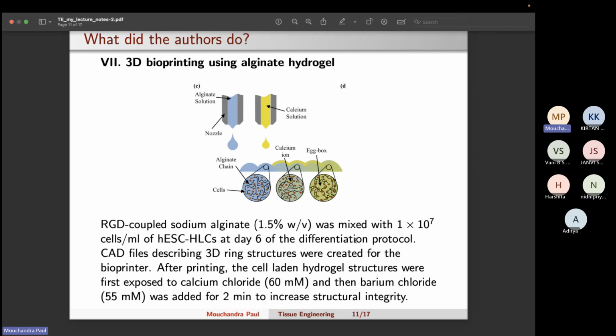That is our next topic actually. We will talk about that. So they have used this material, sodium alginate, and used a solution of calcium chloride to cross-link it. But one disadvantage of using sodium alginate is that it does not contain any moieties, like the RGD moieties, to which the cell adhesion receptors, the integrin receptors, can recognize and adhere